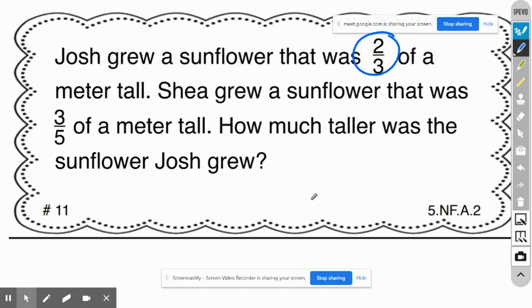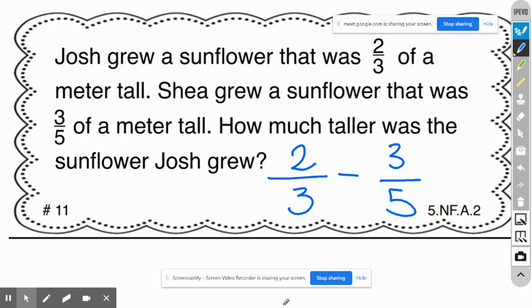So if you're subtracting, boys and girls, now here's another thing. When you put it down to subtract, you flip-flop the numbers. You have to understand the taller one is the one that you're going to start with. And which one is the taller one? Jimmy. Josh is right. So 2/3, and then you would take away